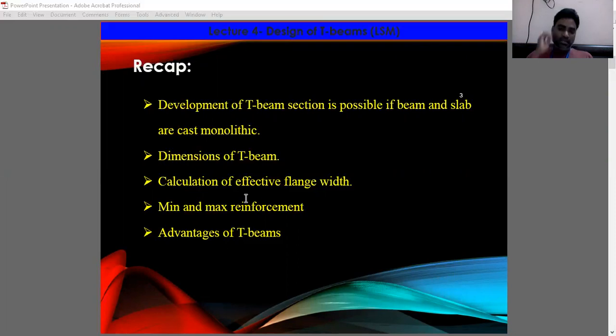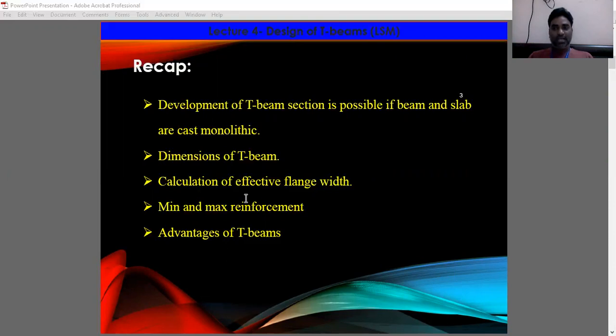Then we discussed the different component parts of the T section and how to determine the effective width of the flange and the actual width of the flange,